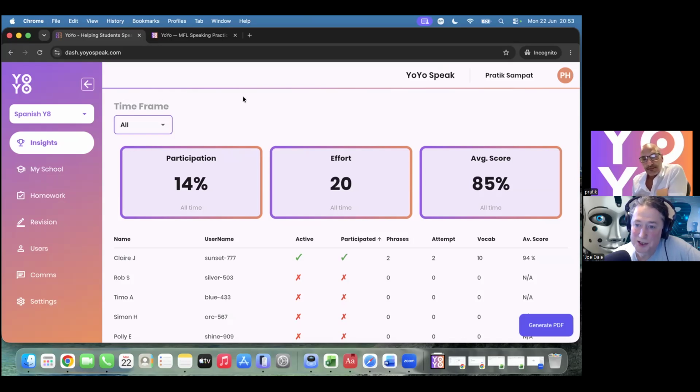And you've had such good success, haven't you, from the trials that you've done already, with the percentage of the students saying how much they felt that it had built up their confidence over time. I think that was very, very interesting, the stats you had around that. And yeah, I would just encourage everyone to give it a go, contact Pratik.